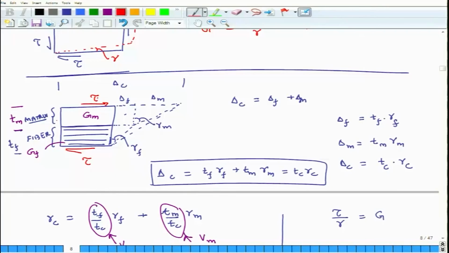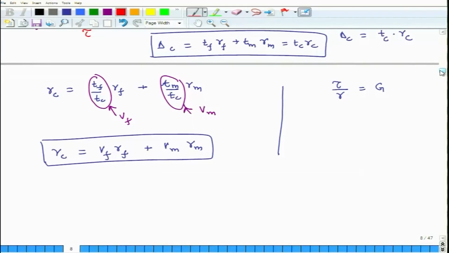Shear stress in the fiber is also tau, and shear stress on the overall composite is also tau. So, this relation gives us that gamma equals tau over G. We will put this relation for gamma here, and what we will get is